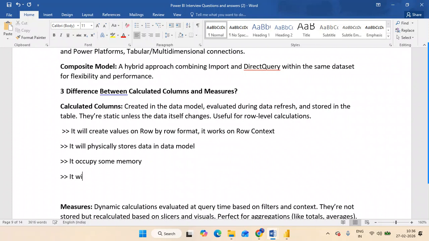In case you want to improve the performance, you have to use a measure, not a calculated column. So that is the reason.